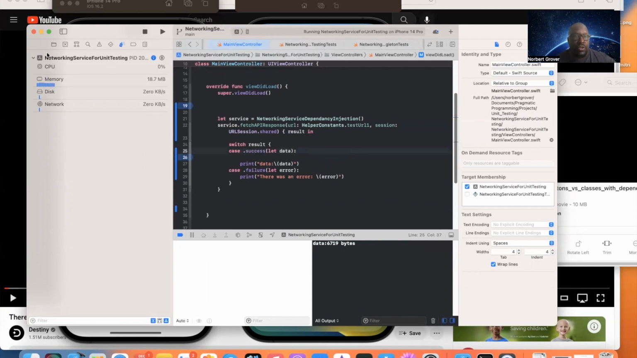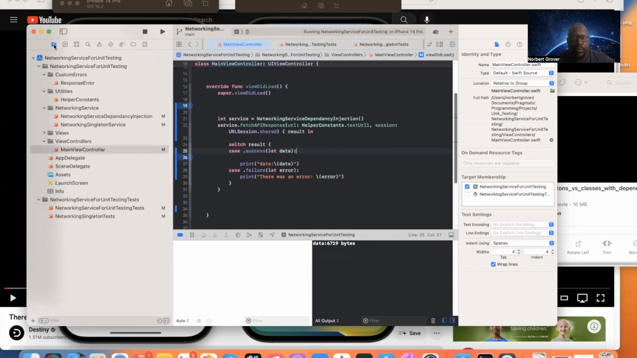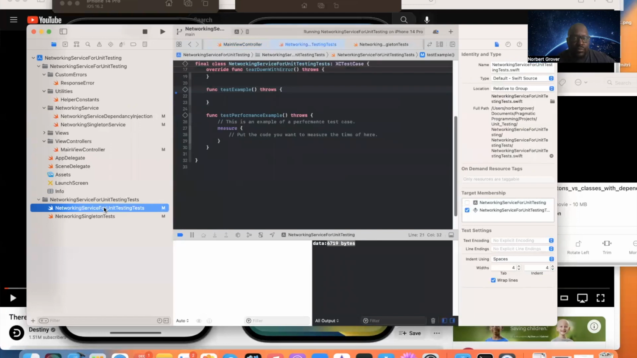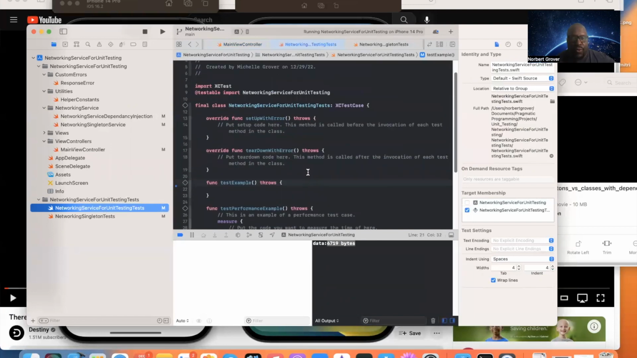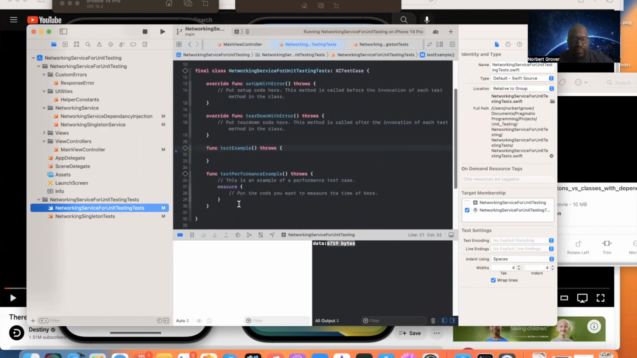So this is what we want to do, and this is a light test. We're not going full blown. We want to make sure that some data is coming back, right? So this is it right here for unit testing. So what we want to do is we want to make sure that this is our